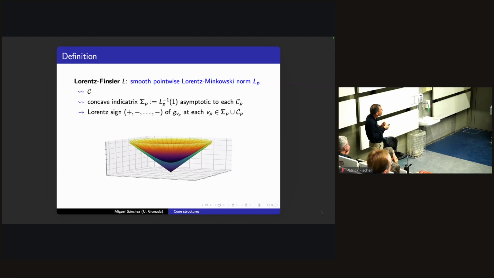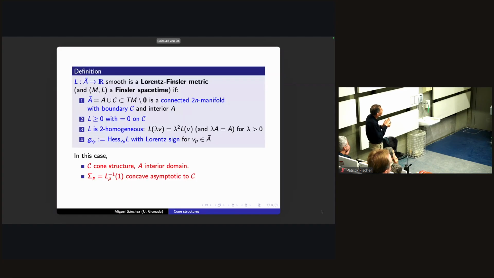So this would be the indicatrix, this hypersurface, and then extending this by positive homogeneity, it is defined on all the cone and the interior of the cone. Okay. This is not the most efficient way to define a Lorentz-Finsler metric, which can be done in a simpler, abstract way. But at the end, you have these elements: the cone structure, the indicatrix, which is concave, and the